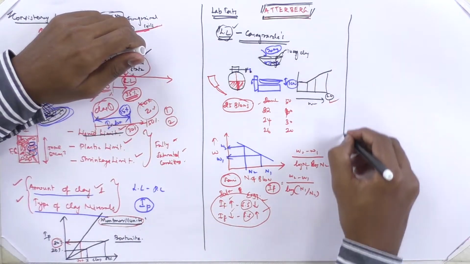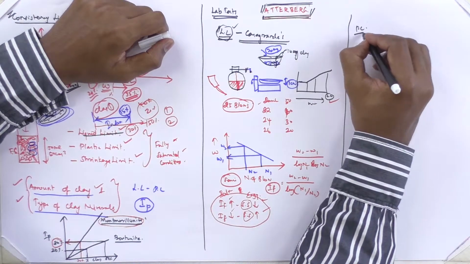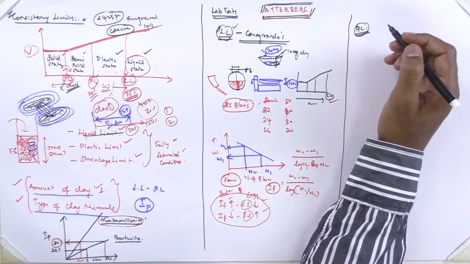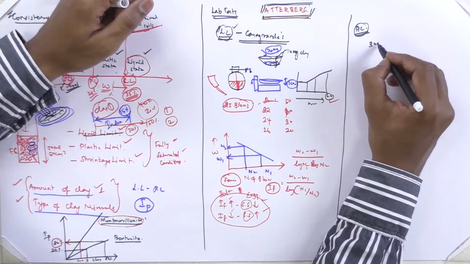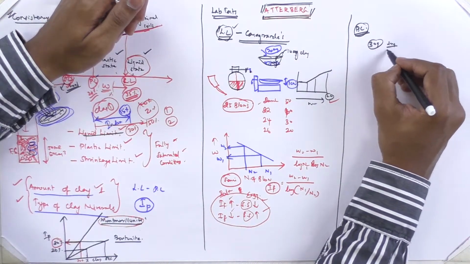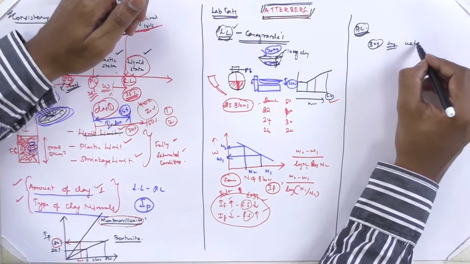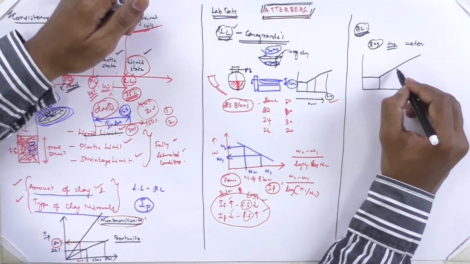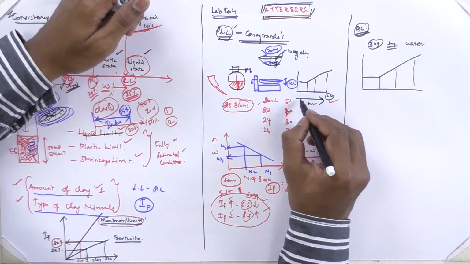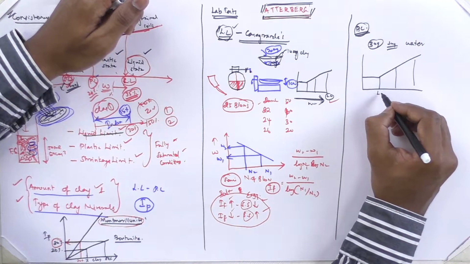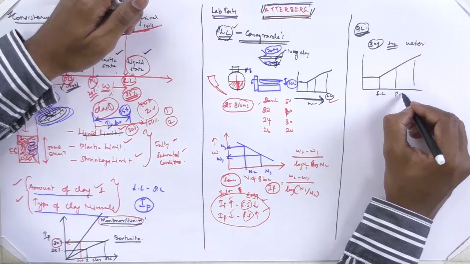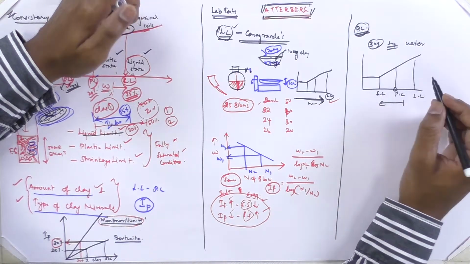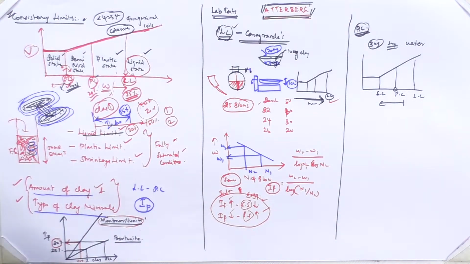Now the second thing is plastic limit. So how to find this plastic limit? You have to take 30 grams of dry soil and add water drop by drop. In the previous case we went through it like this, but in this case the shrinkage limit, plastic limit and liquid limit will come like this. So how to find this point, sir?